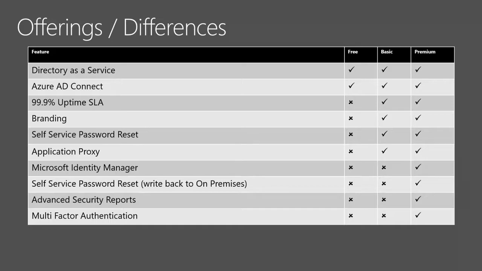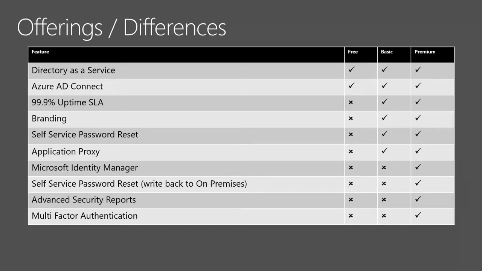If we move down, when we move into the basic and premium versions, we've got a 99.9% uptime SLA. What that means is if for any reason Azure Active Directory goes down, you're going to get a Microsoft rebate credit, so your bill's going to be less the following month. The basic and premium versions also introduce branding, self-service password reset, and the application proxy. Now those are not all of the features that are introduced, but these are the ones I think are most